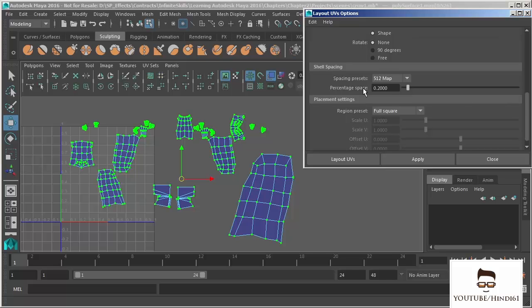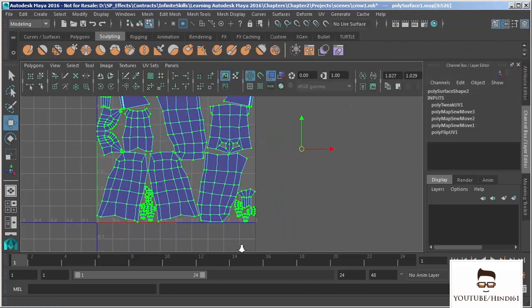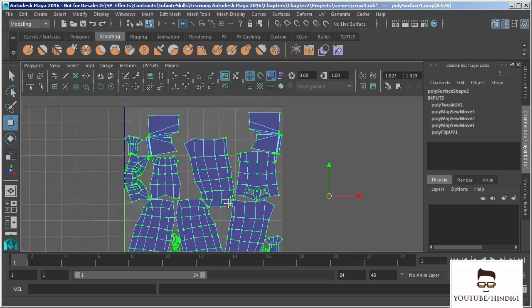Next, we have the percentage of space and a spacing preset. Basically, if you're doing a 512 by 512 pixel texture map, it suggests to use this type of percentage space. I'm just going to hike it up and you can see 2048. It says, hey, you should use this because it's a much larger map. I'm just going to push this out just a little bit so we can kind of see what's actually happening there, and it's going to default to custom. All right, we're good. Let's choose Layout UVs, and you can see it now packs my UVs into that 0